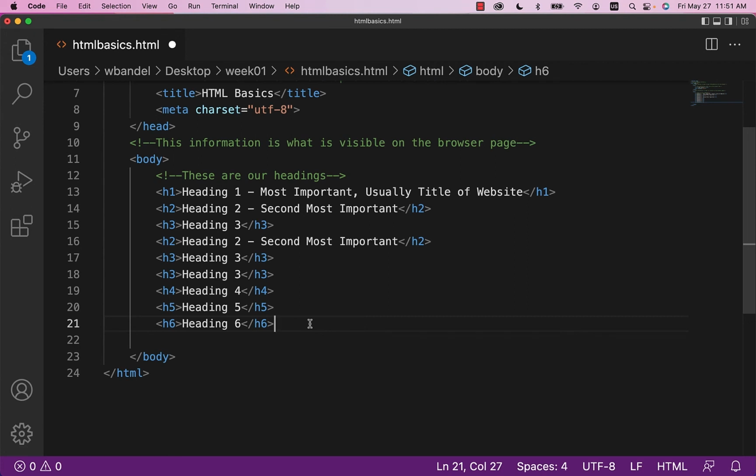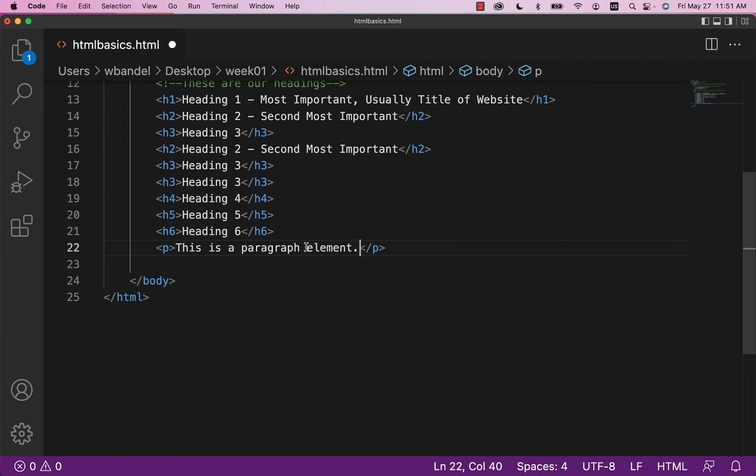All right, so the next thing we're going to have is going to be a paragraph. So this is a paragraph element. It is written with just a lowercase p. It has that opening and end tag. And let's say that you have a very long paragraph and you want it to break up and go onto another line. You can go and add different breaks inside of a paragraph. Break is designated with a BR. Actually, let me leave this right here for now. So I'm going to save that